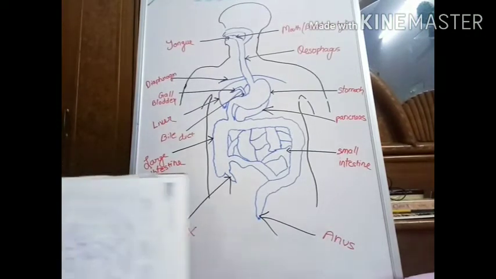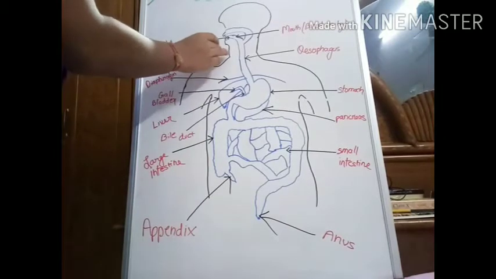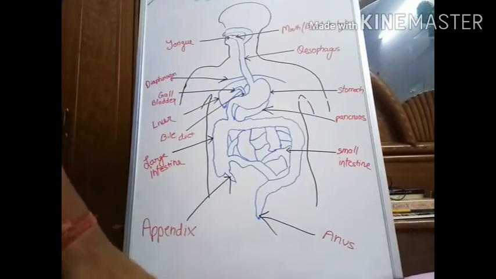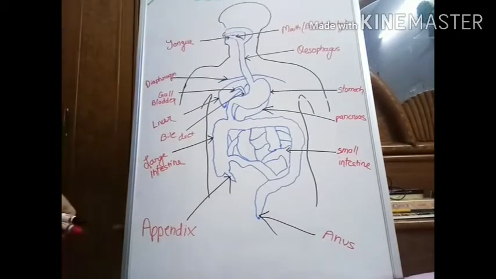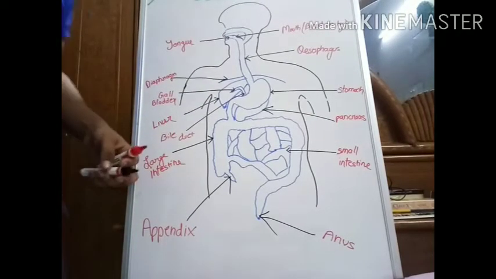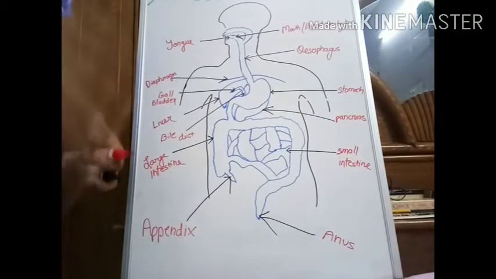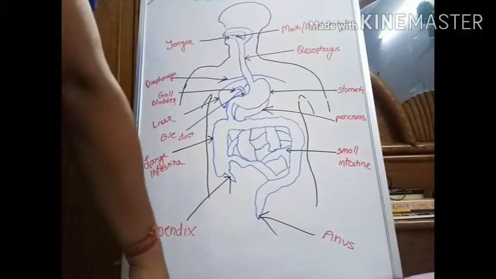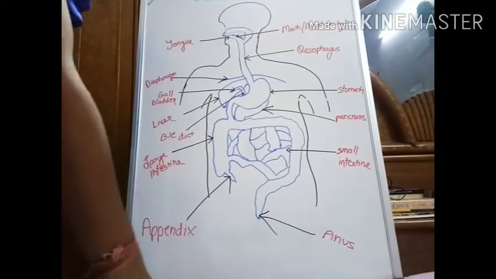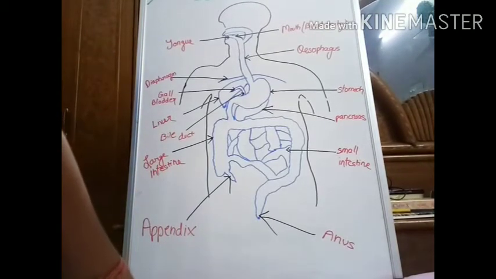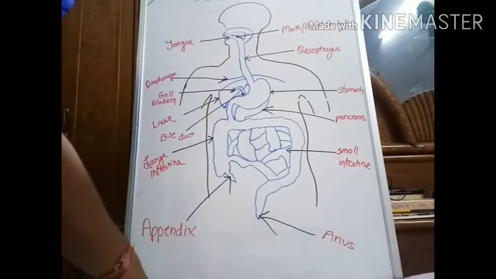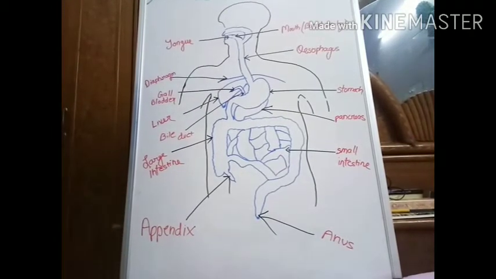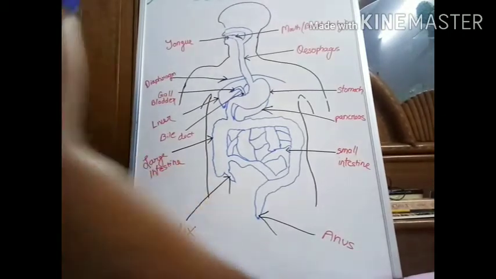So let's begin with the mouth. You take in the food through the mouth, it goes on the tongue, and when you chew, you take the help of the teeth. The upper jaw, in which the upper layer of your teeth sits, is known as the maxilla, and the lower jaw is known as the mandible. So I have said the names of the upper and lower jaws.